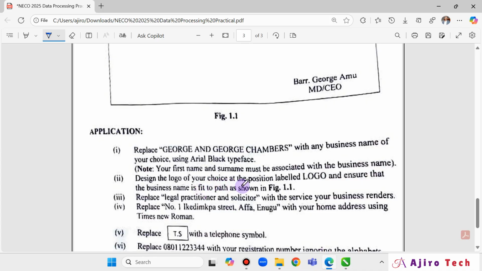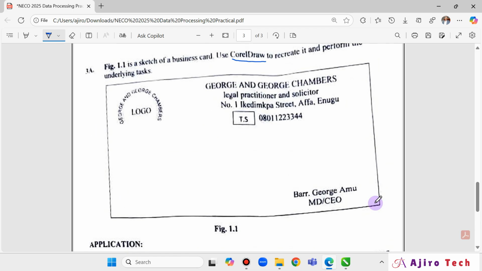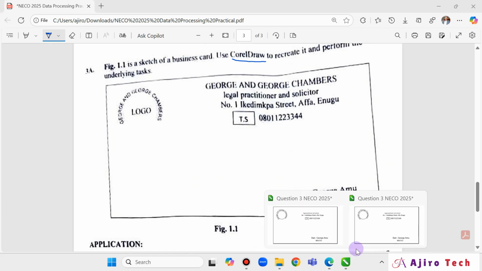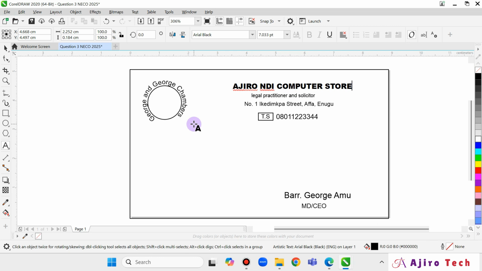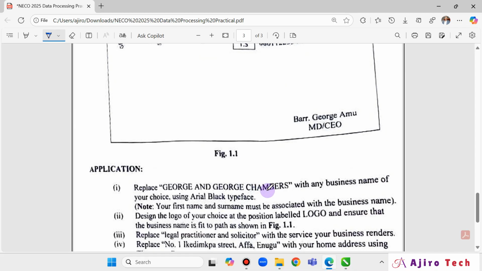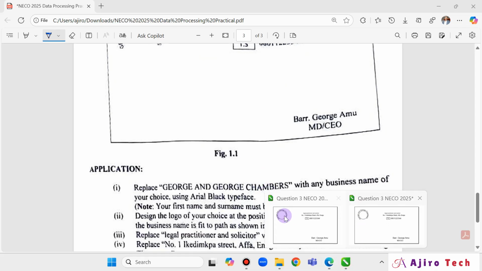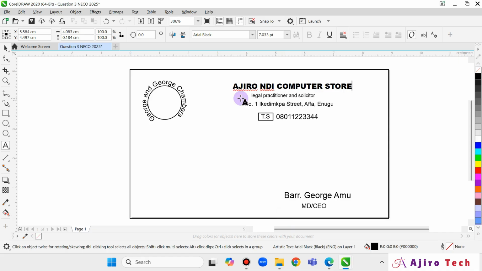Design the logo of your choice at the position labeled logo and ensure that your business name fits the part. Logo of your choice. Okay, so already having a logo, I think all I have to do is place a computer there to make it more meaningful, right? With any business name. Okay, so